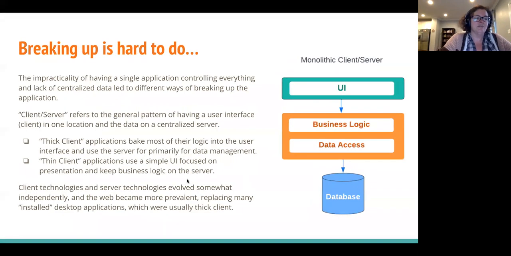So eventually someone had the idea of saying, hey, let's just divide up these applications. So you'd have the user interface living on a user's machine and the data could be centralized. This general pattern we call client server. Client apps run on the user's machine, but the data lives on a server. There are a lot of variations on this theme. The earliest were thick client applications where all the logic lived in the client program and the server just is where the data sat.